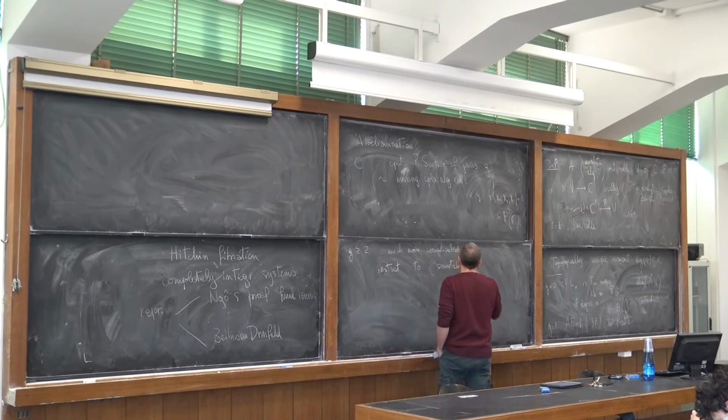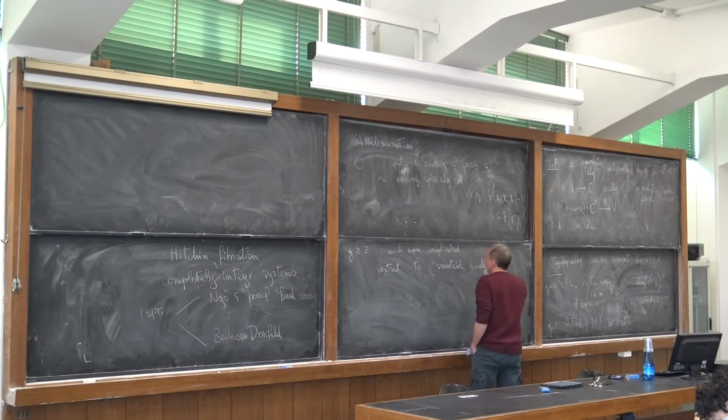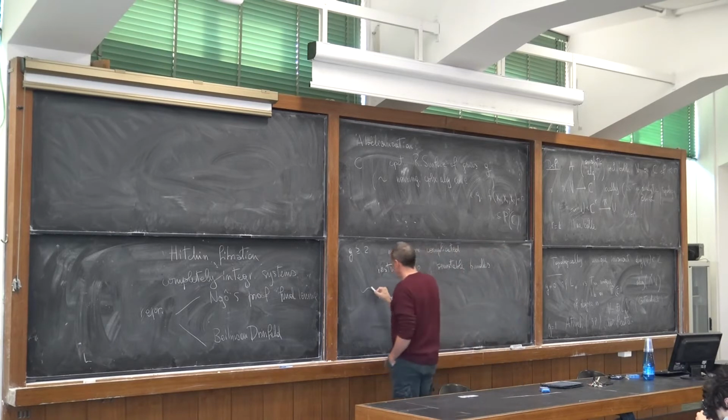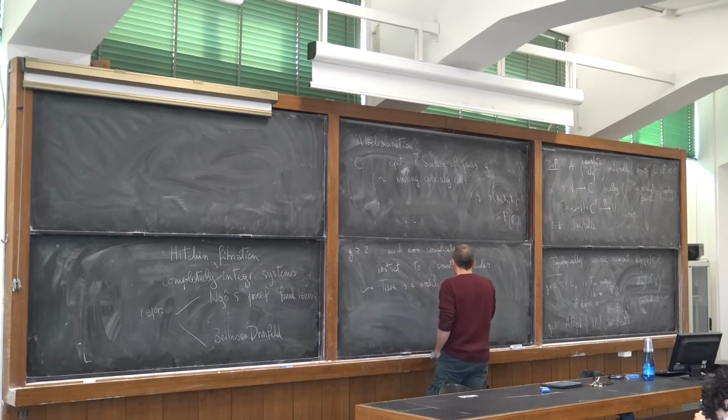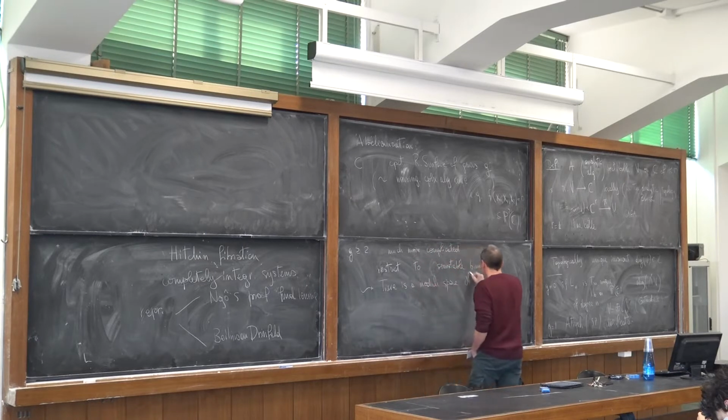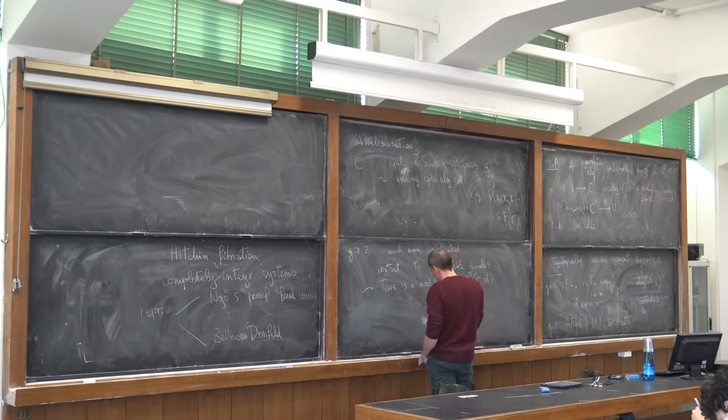I will define this notion later. And then there is a moduli space, something like N_{R,D}, where R is the rank and D is the degree, which is an algebraic variety,